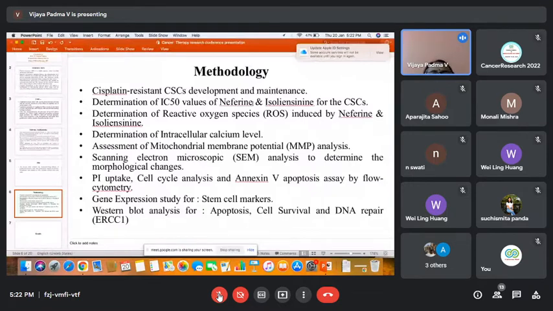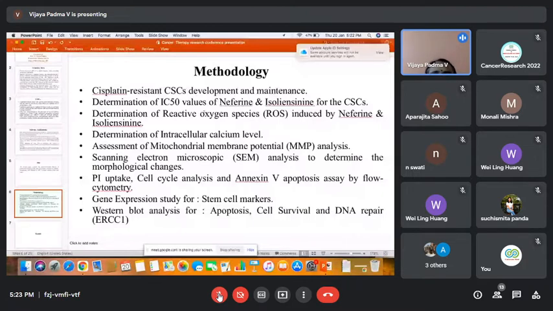Then we also determined the ROS, intracellular calcium levels, and mitochondrial membrane potential. The apoptosis induction was confirmed by SEM and TEM analysis, PI uptake, propidium iodide uptake, and cell cycle analysis. Early apoptosis was also determined by Annexin V using flow cytometry. Then we did the expression profile of the stem cell markers and the DNA repair proteins